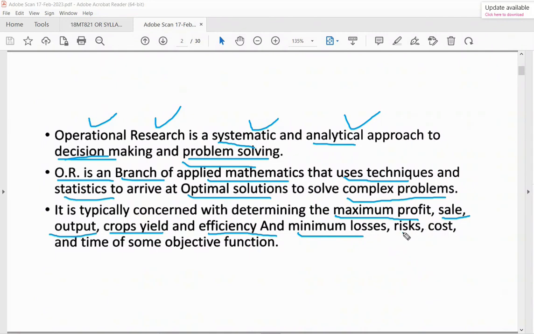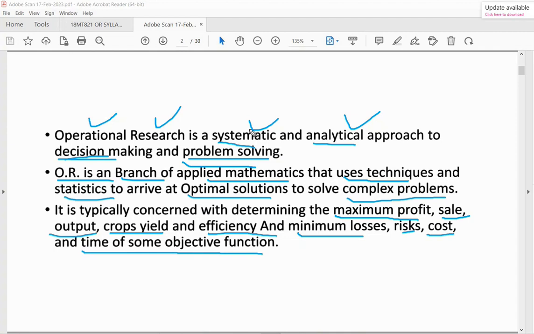The risk present should be minimum, the cost will also be minimum, and the time required to complete the objective function should also be lesser. Then obviously we can proceed with considering operation